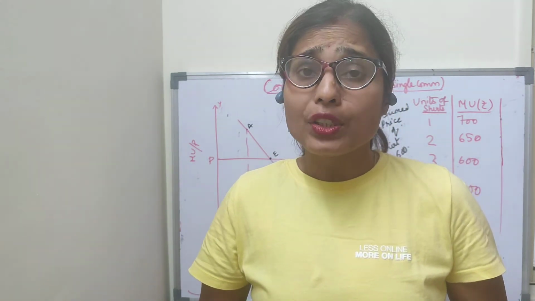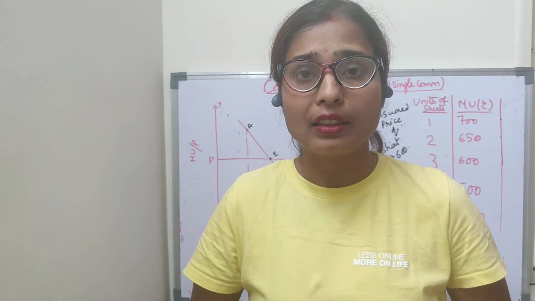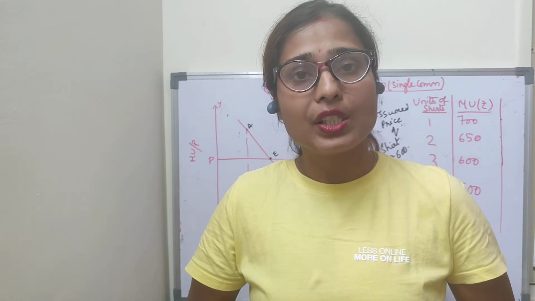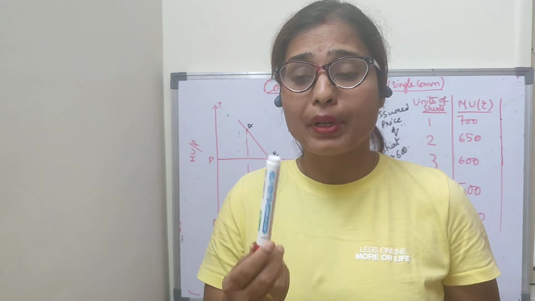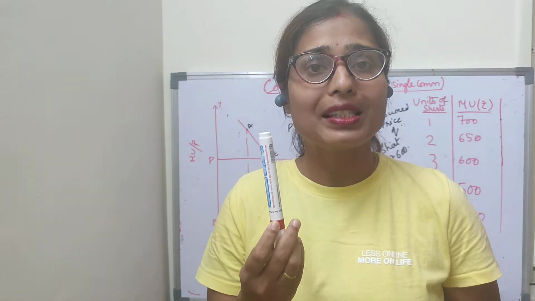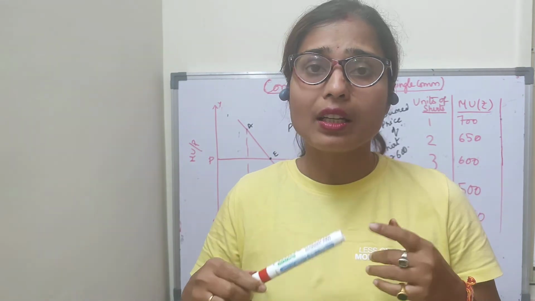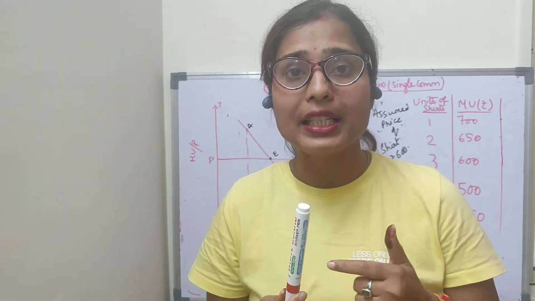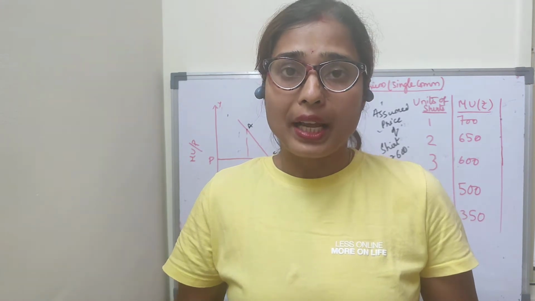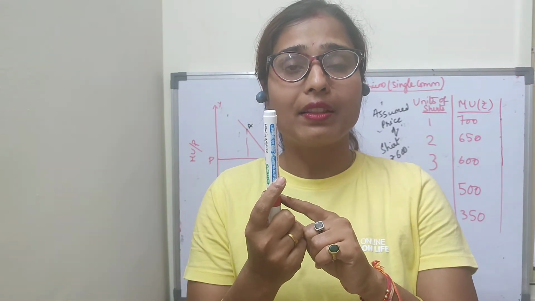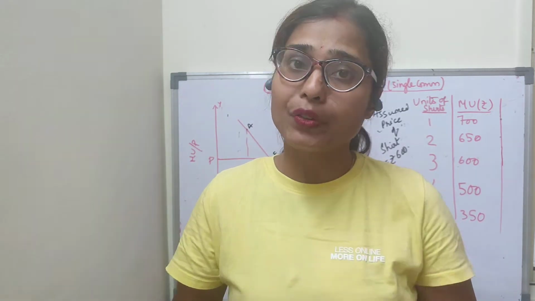Now marginal utility is the utility which we derive from a particular unit. Let us understand where the consumer derives his maximum satisfaction. Suppose you go to the market and you want to purchase a pen. You ask the price of this pen and the price quoted is rupees 80. Now you will wonder whether the price of rupees 80 is worth it. You will start comparing the price paid and the utility derived from this pen, that means the satisfaction. If the satisfaction you are getting from this pen is more than the price, that is more than 80, you are ready to buy it.